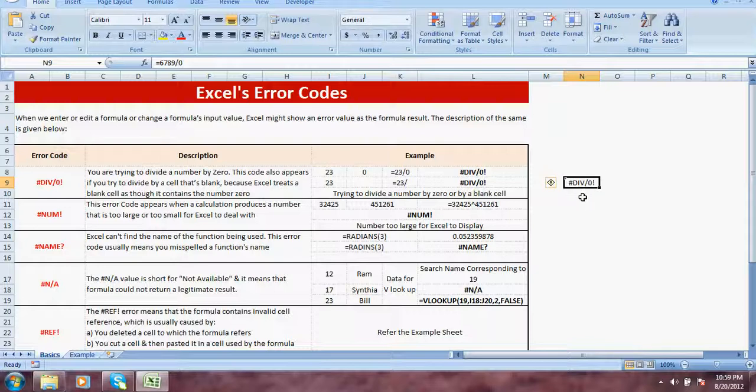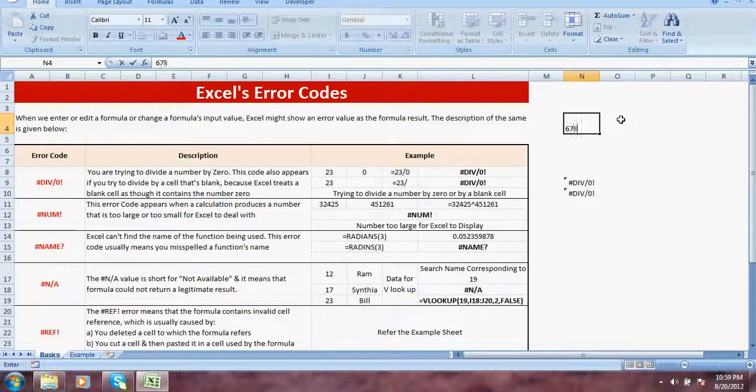Now second instance: equal to this cell, which is N4, divided by O4. Even if you divide 0, this means Excel is dividing 0 by 0.